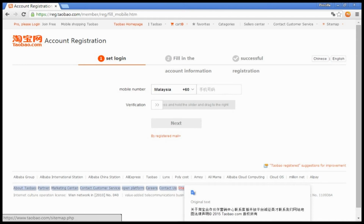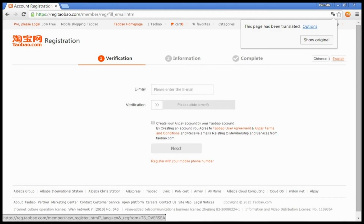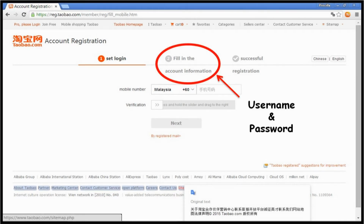And once it's closed, you can see that they're asking for your mobile number. But actually you can also choose to give them your email address. So this first step is basically the verification stage. After successfully verifying your mobile phone or email address, the next step will be to fill in your username and